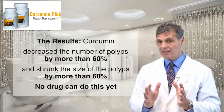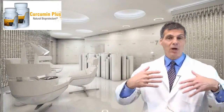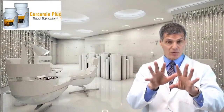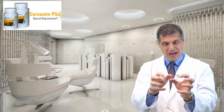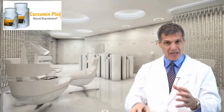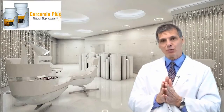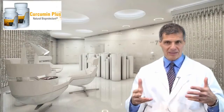There are no drugs that can do that yet. And because many of us are walking around probably genetically prone to cancer because we make too many epidermal growth factor receptors, it's a good idea for everybody to try to have foods and supplements, I believe, that help to silence that particular receptor. So as the director of nutritional therapy at the Canadian Cancer Immunotherapy Clinic,